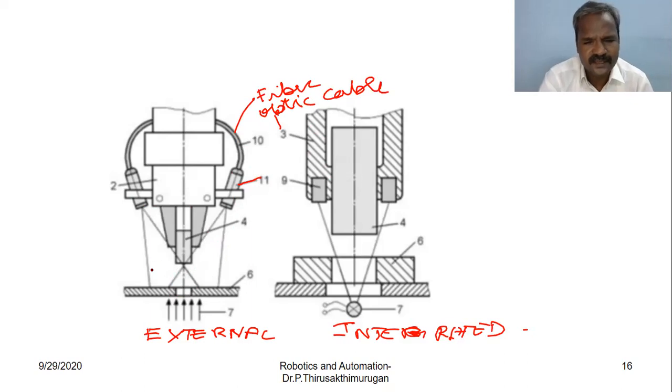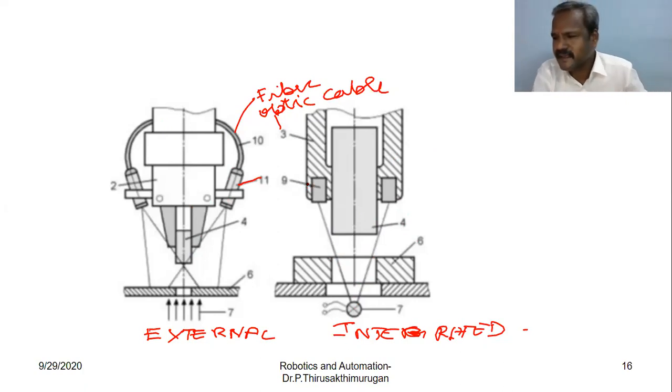So external objects. So integrated both the external, internal, everything. Okay. So you can easily tell this gripper is employed with an external sensor. That means it senses outside the object. But this sensor is integrated, it passes through the object. So this passes through the object. Okay, this is called an integrated sensor.